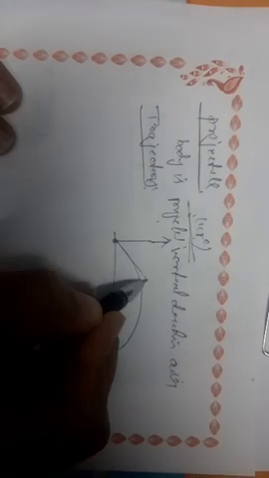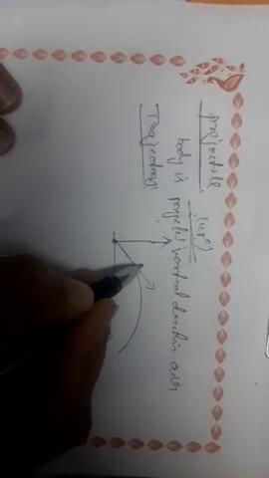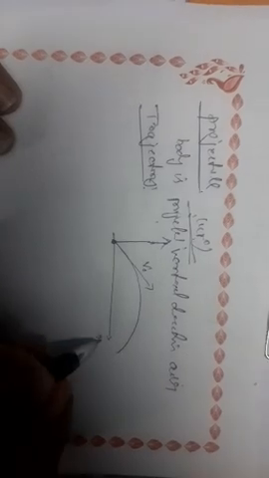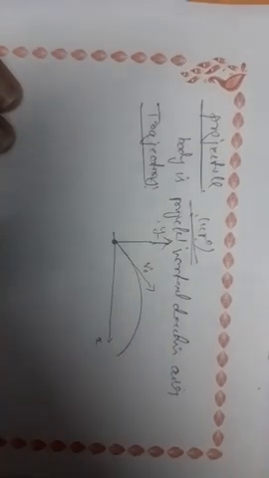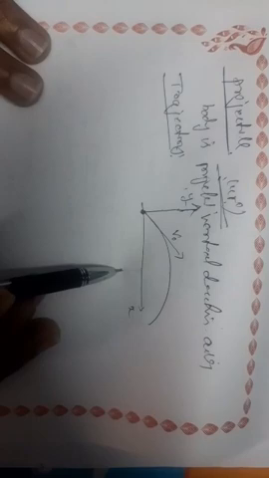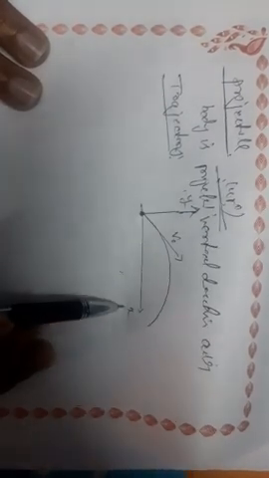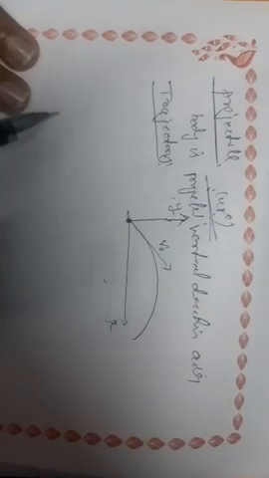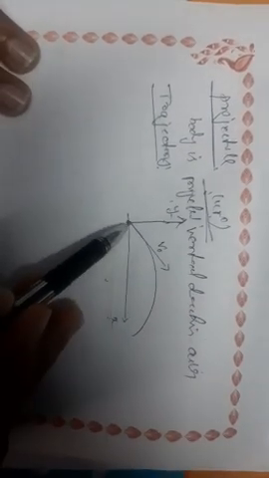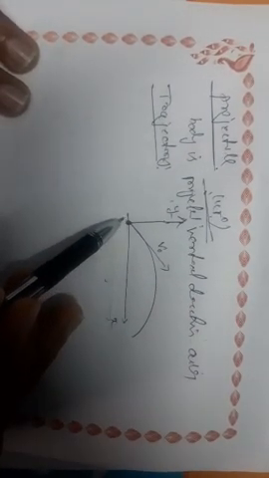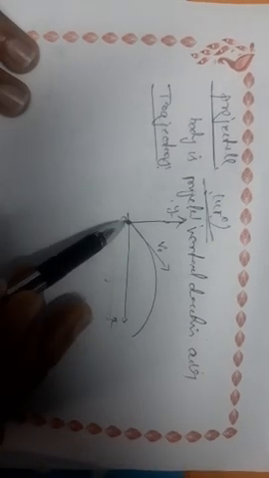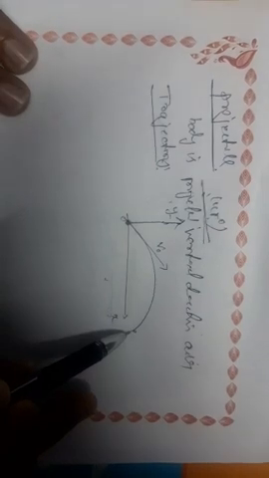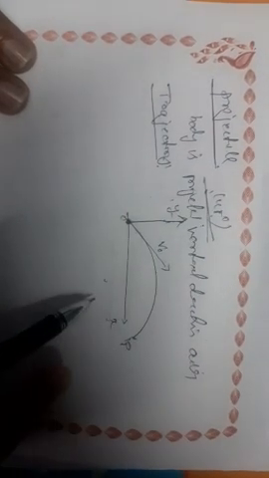What is the speed of the particle? The initial velocity is called v naught. It has an x direction and a y direction. The x direction is the horizontal component. The y direction is the vertical component. The body's starting position is O. The particle travels to a certain point, that is point B.